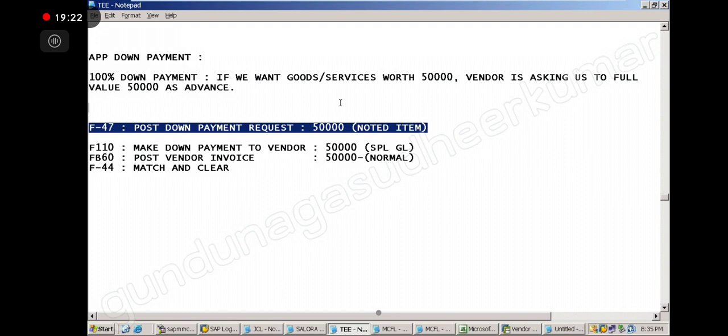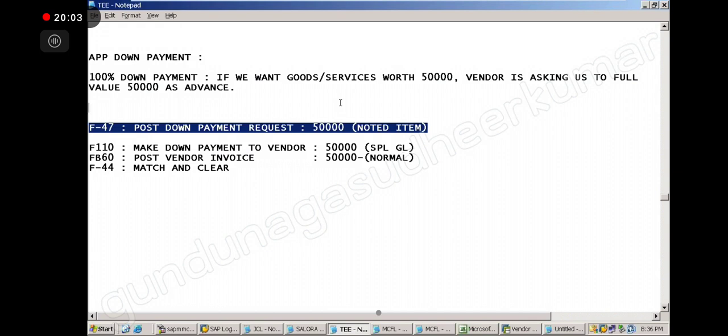Correct, you are right. But the point here is, we have an organization with thousands of vendors. When a request is coming, we don't know which vendor is asking. So the accountant will be posting the request, and payment will be done by somebody else, a higher authority. The APP run will be controlled at a higher level. The CFO will be doing the run. All the request part is done by lower level people, and the final run by the higher level, so there we have the control. In one go he can do 1,000 down payments. Got the point? Yes.